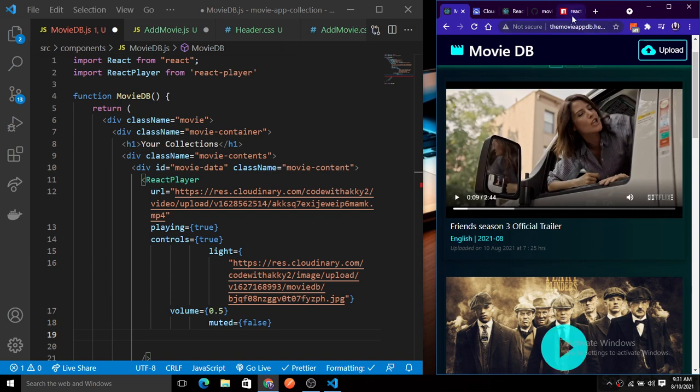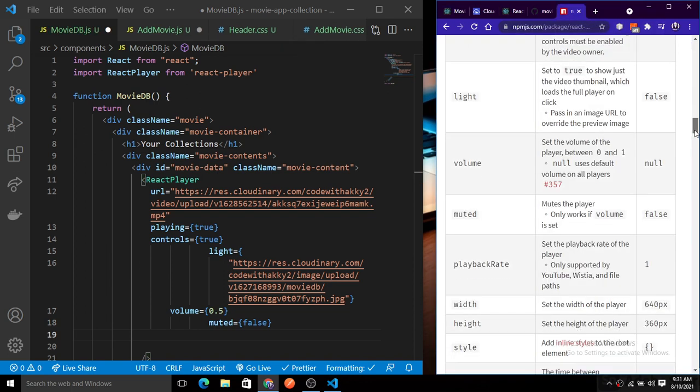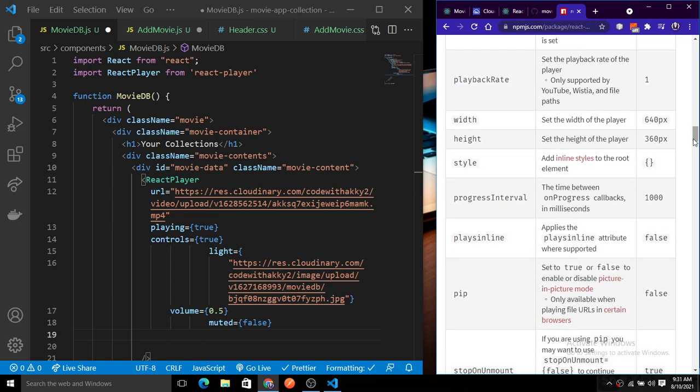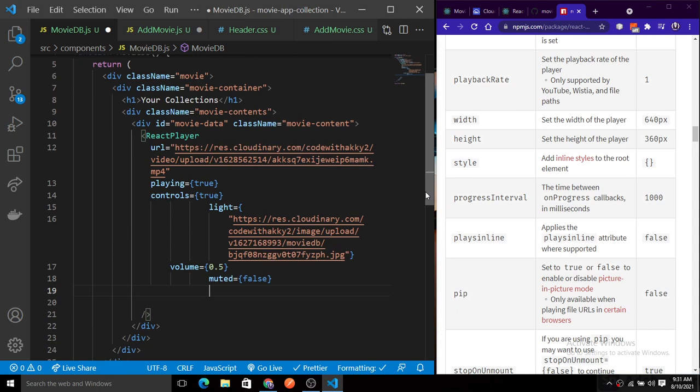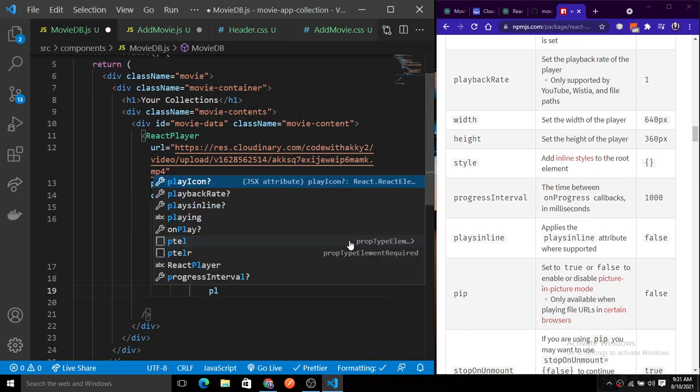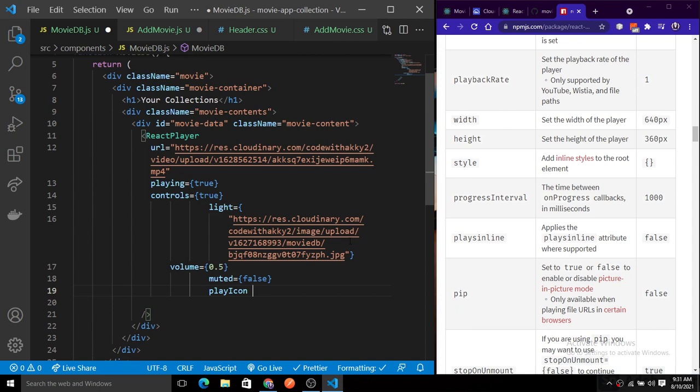So what I'll do is add a play icon, your own icon, whatever icon you like, and just pass it here like options in there. So here we have just added a property of play icon, and the play icon should be, I'm just using the icon button that I will import from the Material UI code.